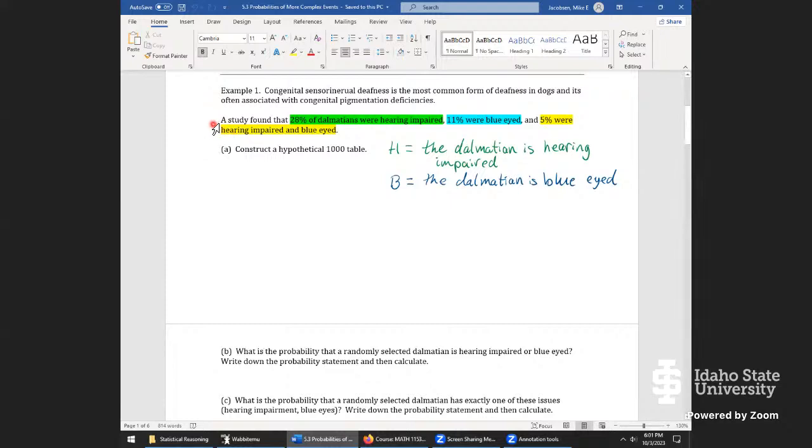So we find here, a study found that 28% of Dalmatians are hearing impaired, 11% have blue eyes, and 5% are both hearing impaired and have blue eyes all at the same time. So that's kind of interesting data. If we trust that, we can construct a hypothetical 1000 table and start asking these interesting follow-up questions about the data. So first steps in actually constructing that table, like we mentioned, is we definitely need to know what the